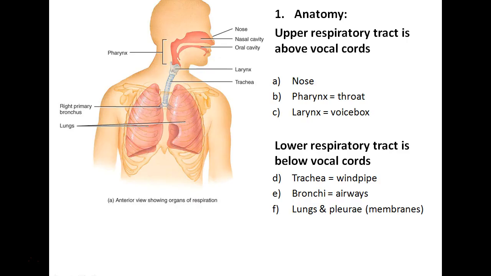So let's now run through some basic anatomy of this respiratory system. The main components of this respiratory system are shown in the diagram on the left. We start with the upper respiratory tract. This upper respiratory tract is going to include the nose, the nasal cavity, and the pharynx. And then this lower respiratory tract is going to include the larynx, the trachea, the bronchi, the bronchioles, alveolar ducts,